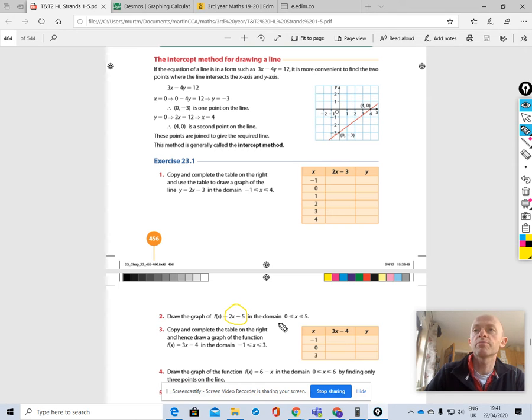So we take each input, and the inputs go from 0 to 5. That's your domain, which is a fancy name for that. So what's going to happen, we're going to multiply each input by 2 and subtract 5. Now if we're doing that on the calculator,